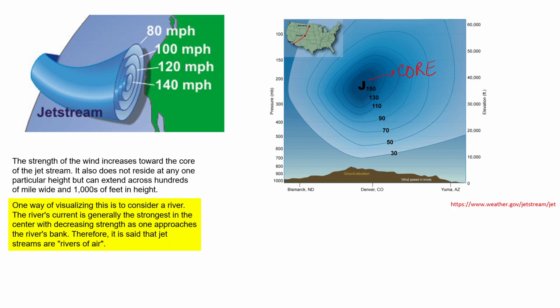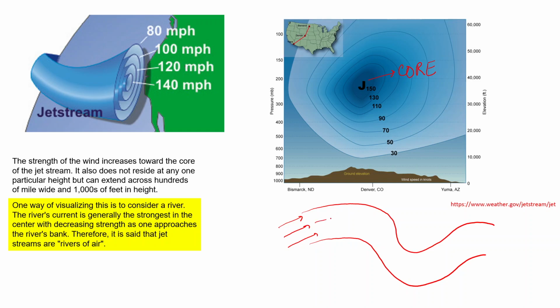So as we have just seen that they are circumpolar, meaning they encircle the entire globe, it means that they have to be longer. So one way of visualizing this is to consider a river. The river current is generally strongest in the center. So let us say that this is a meandering river channel, and this is the flow of water. So this will be the zone where the water velocity will be highest. So this is the highest velocity,